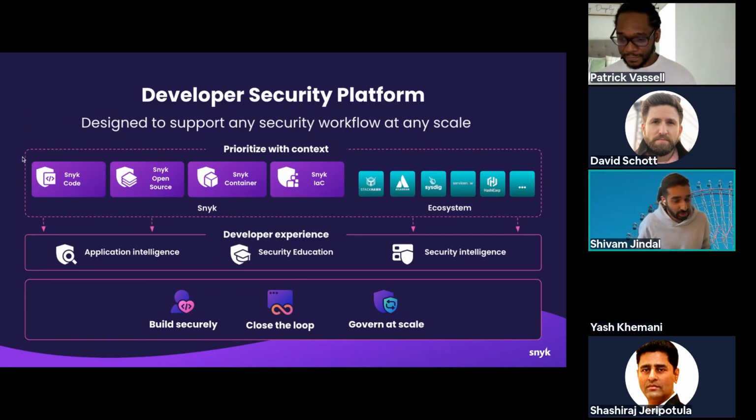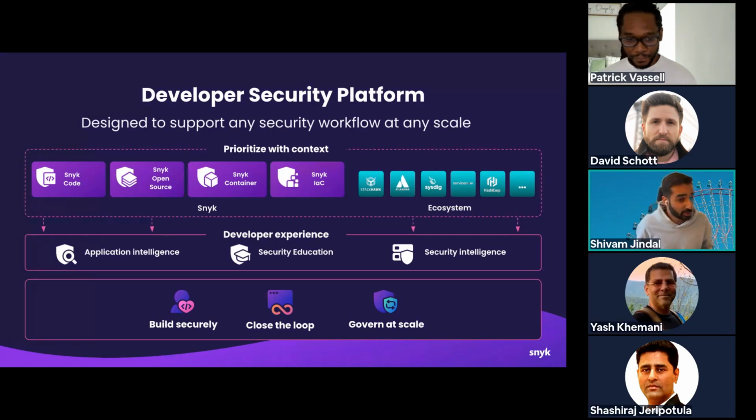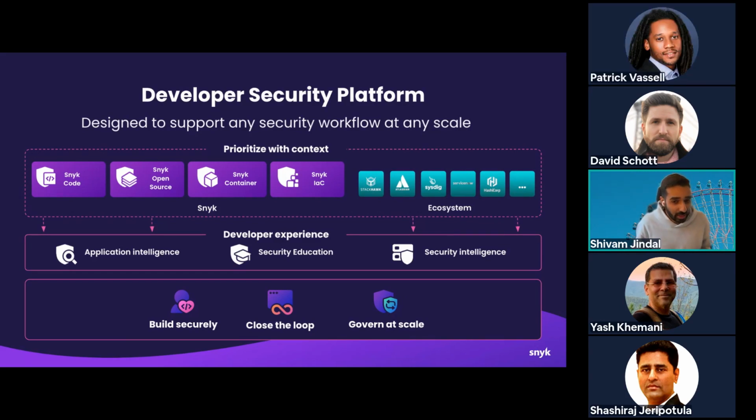We have Snyk Code, which scans first-party code that developers are writing. Snyk Open Source, looking at third-party dependencies or libraries, even transitive dependencies that they may be using, providing things such as auto-fix remediation advice and helping prioritize these vulnerabilities. Snyk Container, looking at the actual containers that developers and teams are building, and Snyk Infrastructure as Code, looking at things like Terraform to see how teams are actually deploying their cloud resources worldwide.